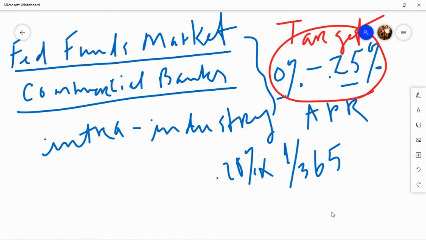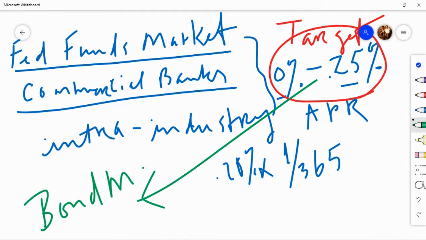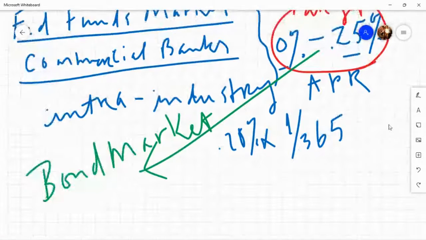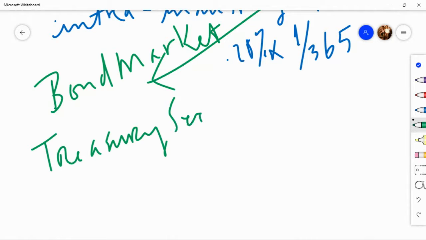And then because the actual market rate depends on the transactions in the Fed funds market, what the Federal Reserve does is they go into the bond market, not the Fed funds market, and they engage in bond trading. They engage in the trading of treasury securities, and through that mechanism, the actual Fed funds market rate will be adjusted. Okay, so here once again, here's the thing: